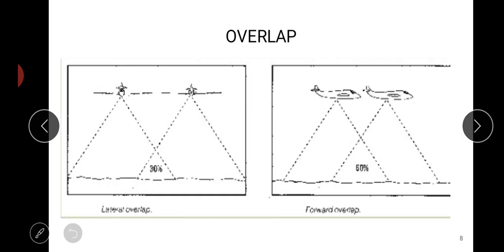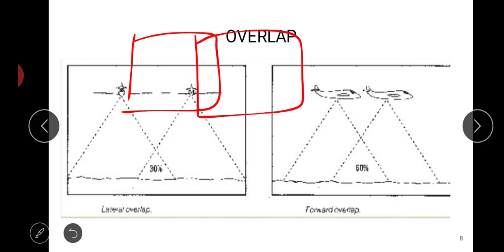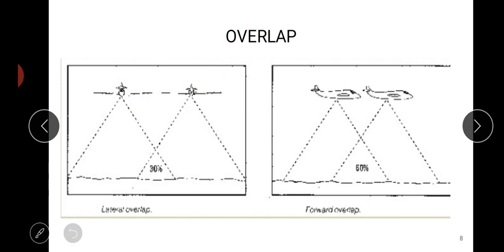Now we go to overlapping. As you all know, overlap is when one thing comes over the other. For example, if this is an image and this is the second image, this shaded portion is called overlapping.